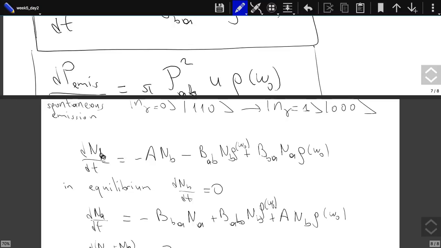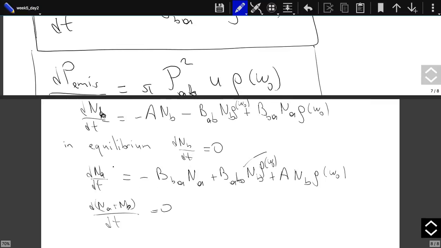have first the atom that is ready to absorb or emit. The more you have those, the more probable, the more transitions will happen. Secondly, you should have the radiation. What are you absorbing? So it should also be there. So that's why these things are proportional to their product. And even when you combine these things, there is a finite probability that they will be absorbed, and there is a finite probability that they will not be absorbed. And the probability of absorption are these B coefficients. Now, in equilibrium, we know that the numbers are constant.